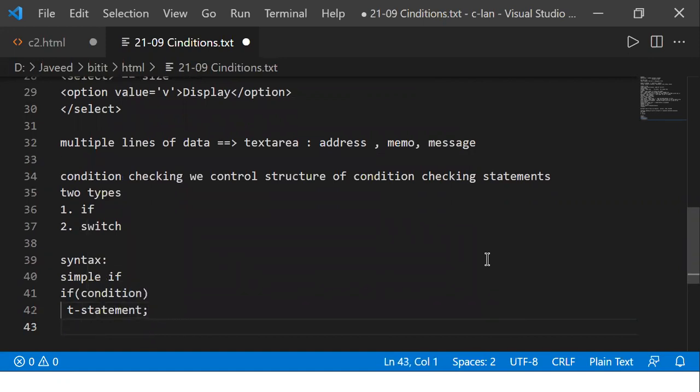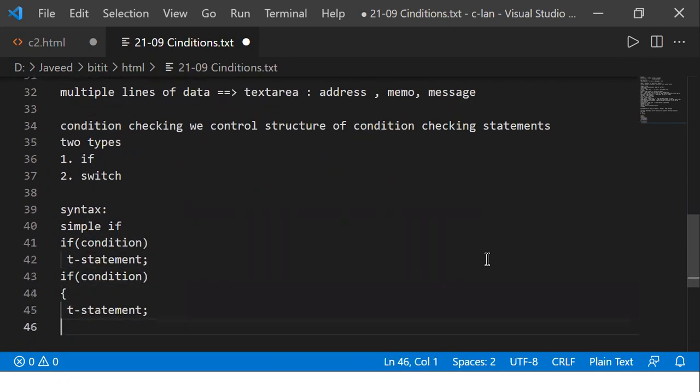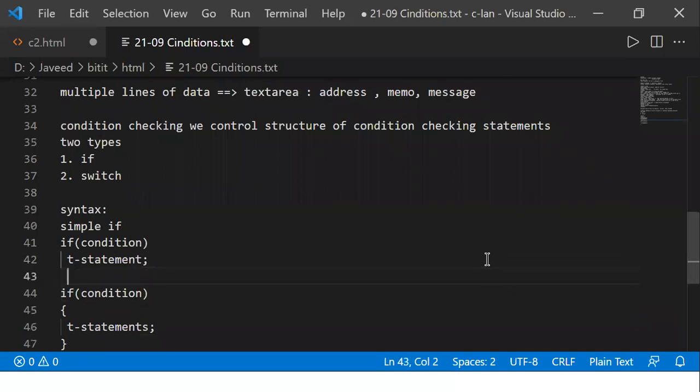If you have multiple statements following the if, we open flower braces and write the multiple statements inside them. Here we are not using the else part.